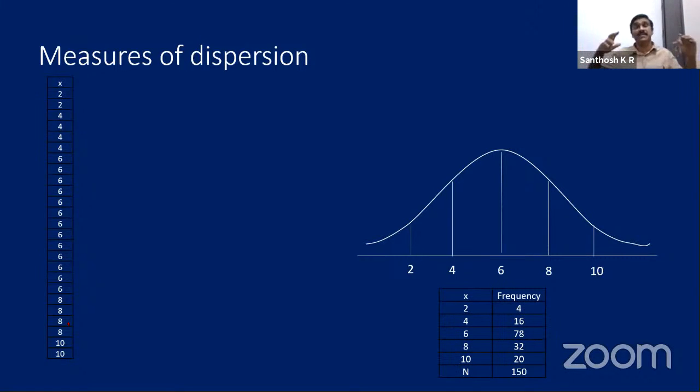How will we talk about the maximum and minimum as we talk about the middle? If it's a small data like this, it's very easy to tell about the maximum and minimum. But if it is a huge data, then it won't be so easy. So we need certain calculations. The first calculation which they came up with is the range.